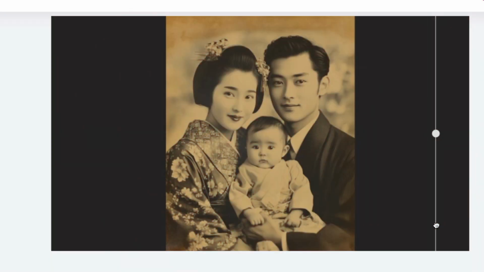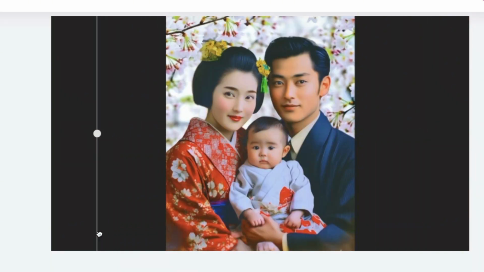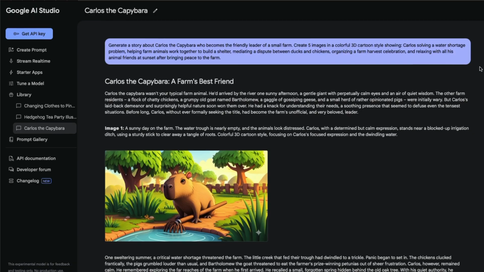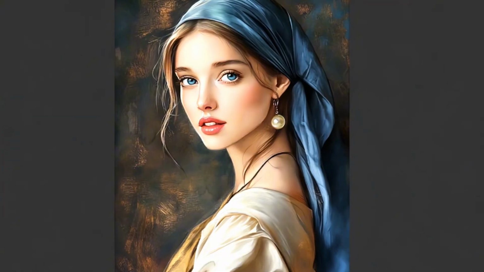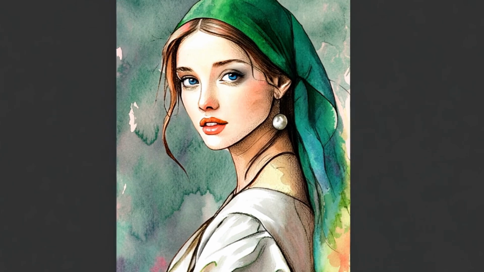Image editing is getting easier than ever. Soon, you might not need any Photoshop skills to edit your photos. Today, I'm going to show you Google's new Gemini 2.0 Flash Experimental in Google AI Studio. I've tested out and pulled together a lot of use cases so that you can see what actually works and